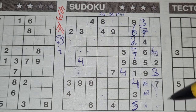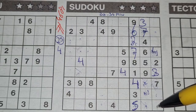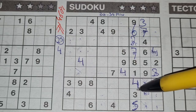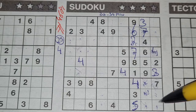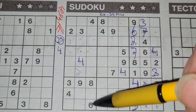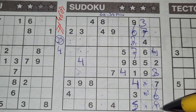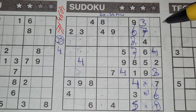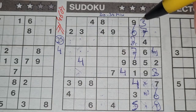So 2 numbers left in this big square. What are the other 2 missing numbers in this big square? Those missing numbers are the 6 and the 9. 6 and a 9. We have a 6 in this row, so no 6 there, 6 should be here, and the 9 goes there. Oh wait. Okay, then